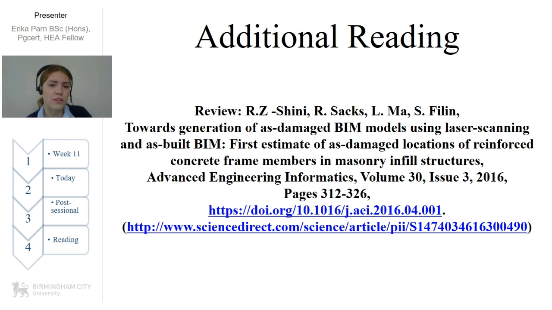This is in the context of research, of the ways in which laser scanning can be used to monitor as-damaged BIM models. Okay, so it's important that you use this as an exemplar of how the two can marry together, so the laser scanning and the use of an